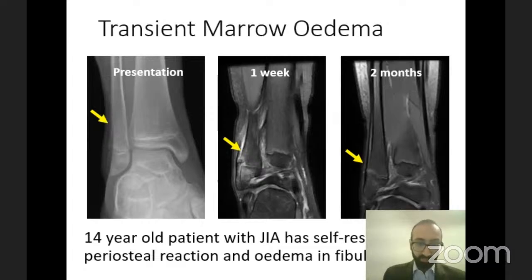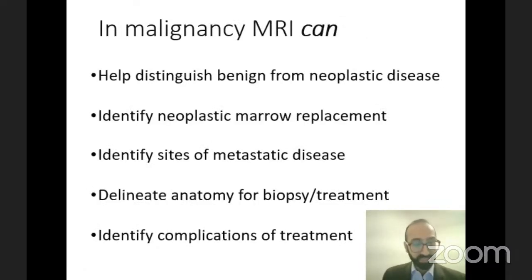It's very difficult sometimes to know what to label these as. Is this transient osteoporosis? Is this a stress fracture that's healed? A stress fracture is always something worth thinking about, but the important thing is just to take a good clinical history and examination and to have everyone relevant involved before jumping into telling patients that they have potential cancer and doing biopsies. I want to finish on that note, and I want to summarize by saying in malignancy, MRI can definitely